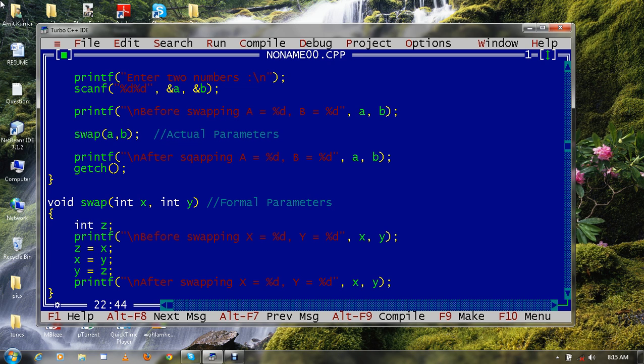In this method, the values of the actual parameters are copied to the formal parameters.